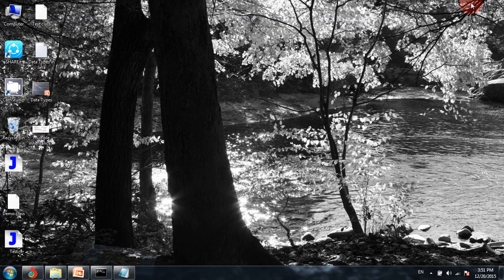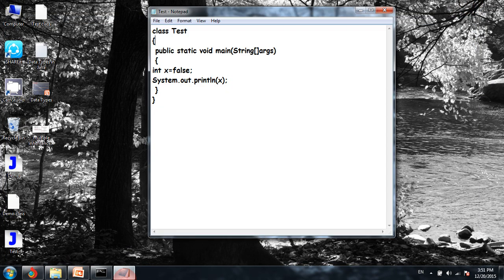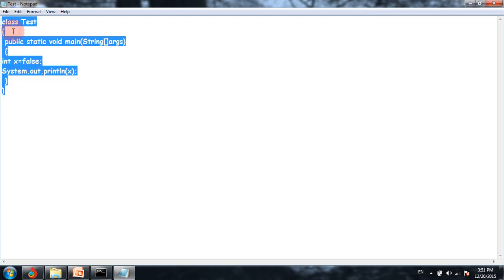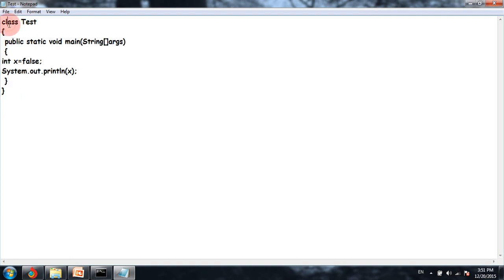Say for example, to explain more about identifiers, I have a program written onto the screen which says class test. Class is a keyword. A keyword is something which we cannot use out for our own requirements. It has certain meanings, some special meanings, so we must know what that keyword is all about and what it can do.